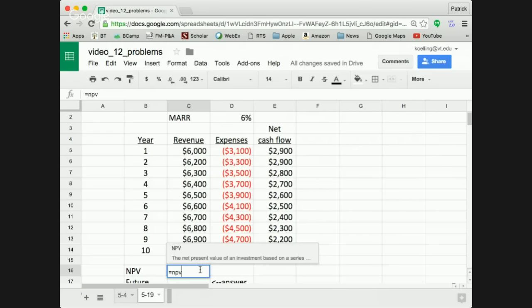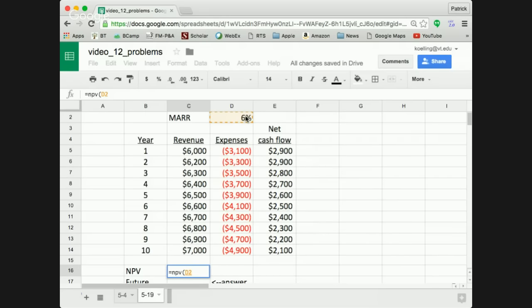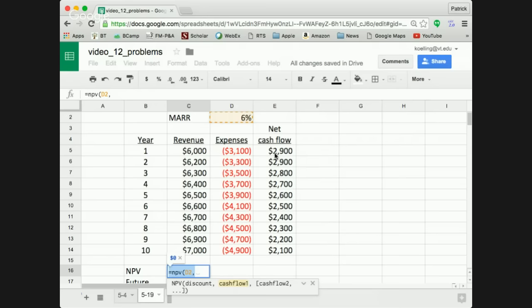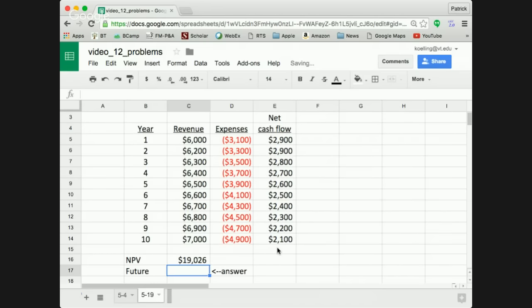Equals NPV, MARR of 6%, and the cash flows are going to be here. That's our net present value of all of these cash flows,